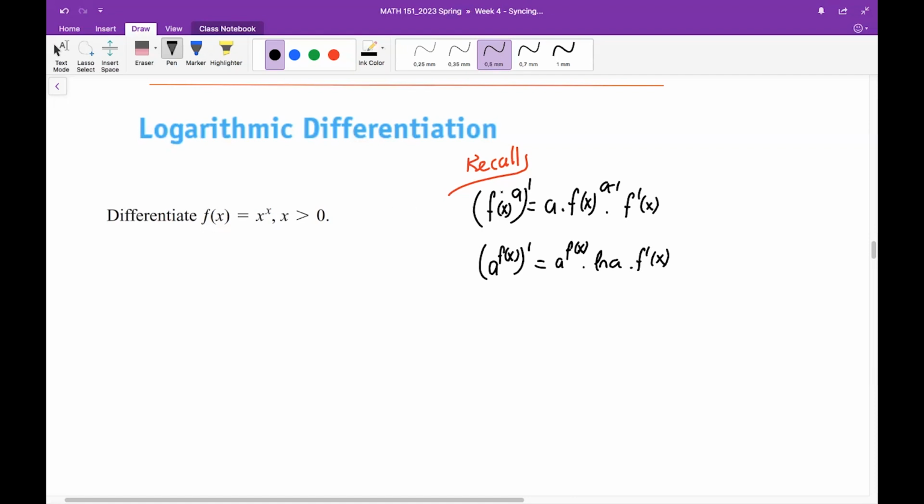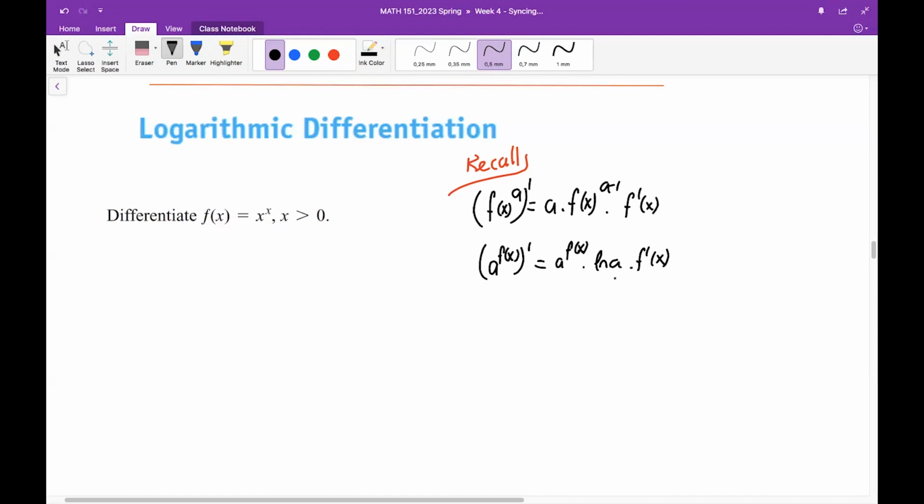So you should notice the difference between these two. The first is a power function, while the second is not. The second expression is a general exponential function, which has its own derivation rule like that.